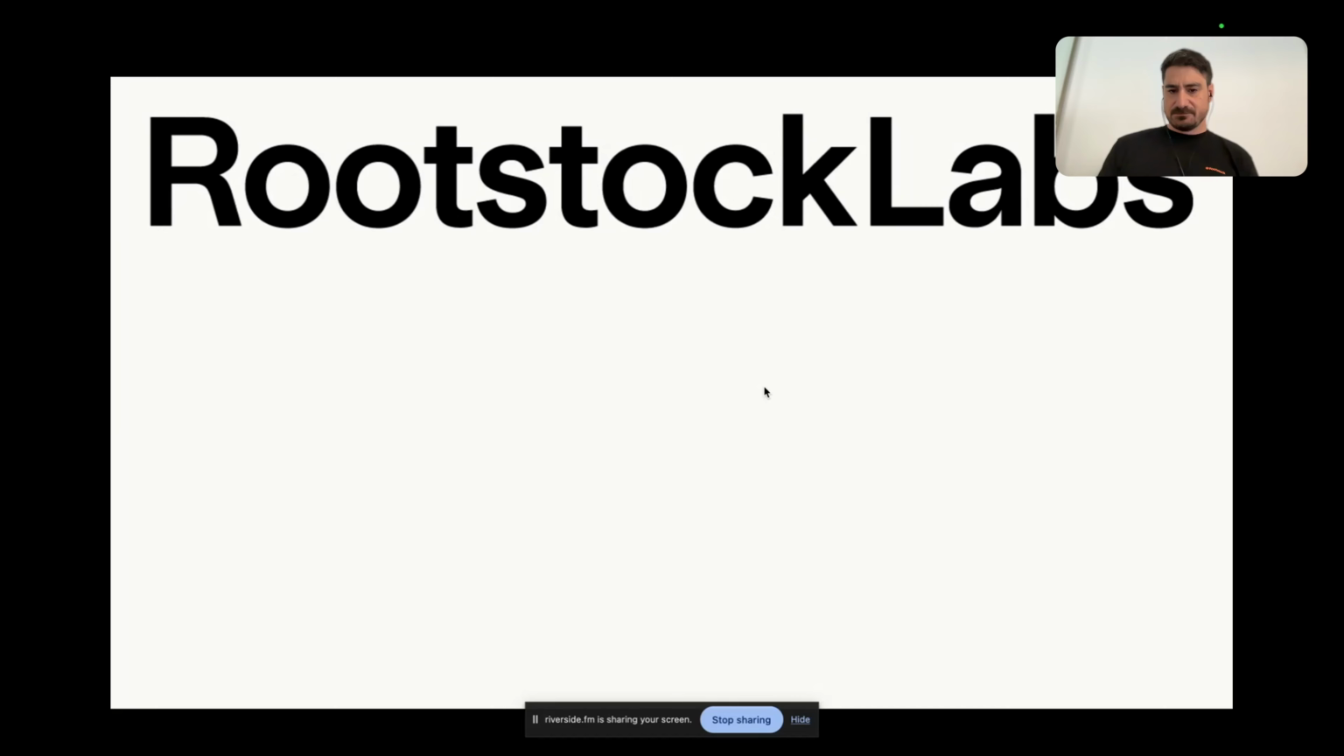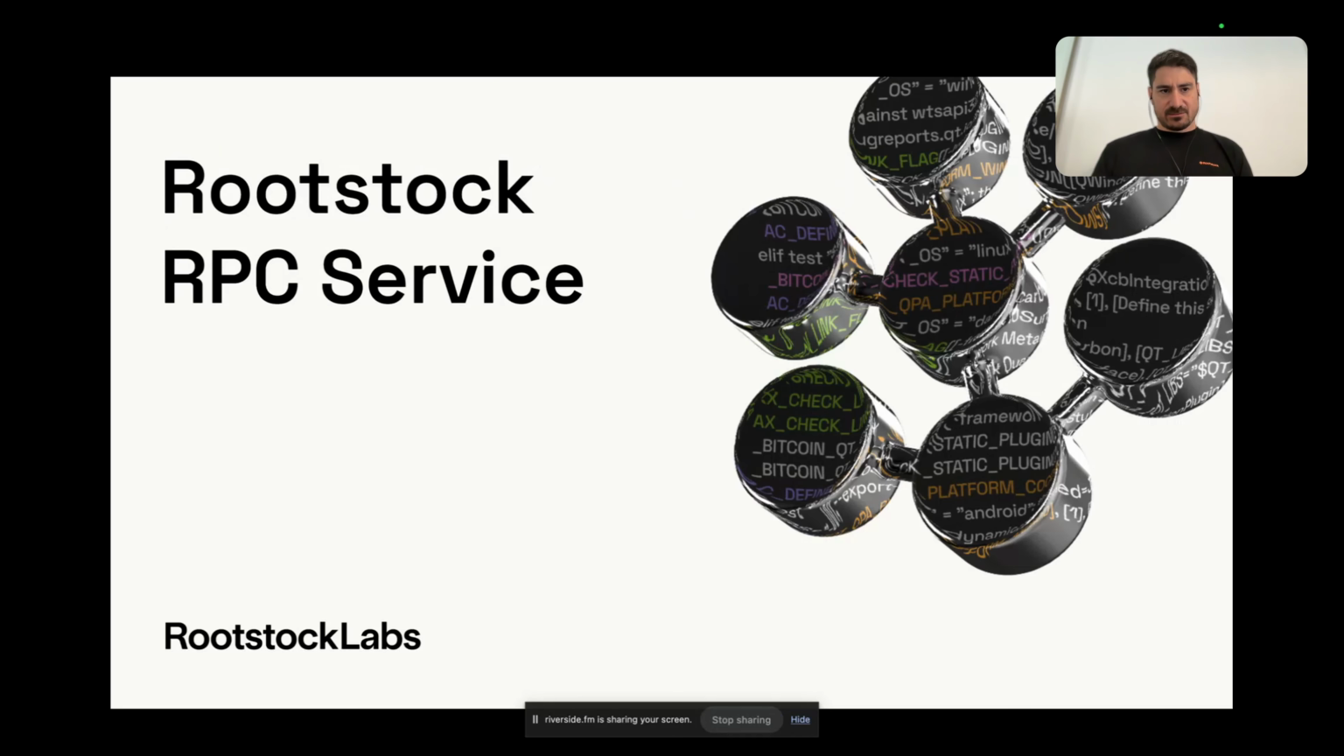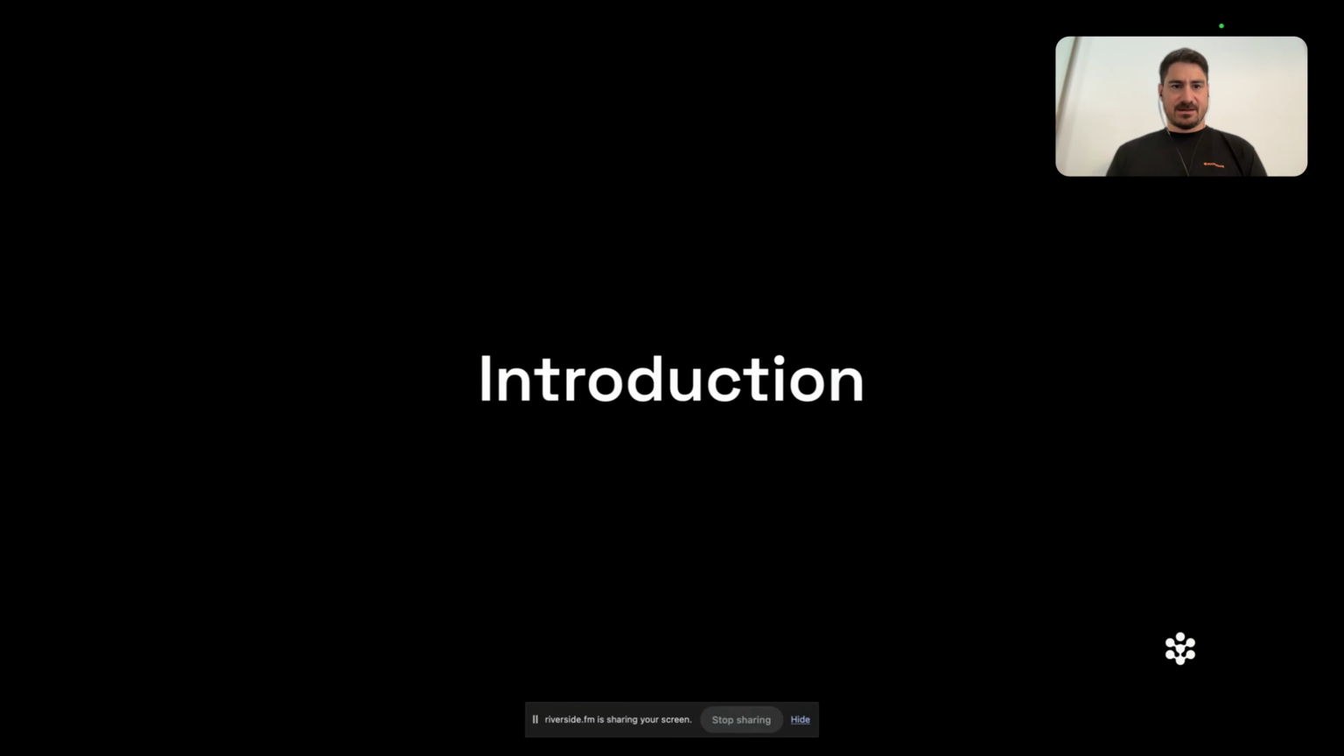And yes, I've been working on the Rootstock RPC API. So I'm going to explain a little bit what this is about and how you as a developer can use it and interact with the blockchain with this. Let's start with the presentation. This is about the Rootstock RPC service. But let's start with a small introduction first, because we're going to talk about JSON-RPC methods,